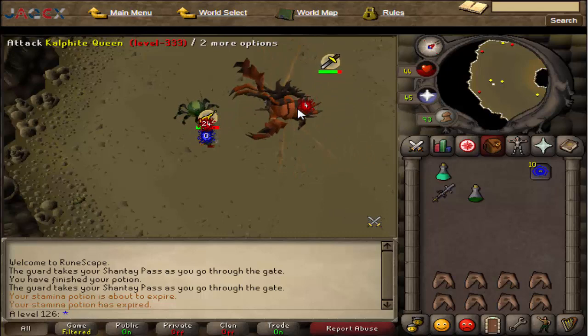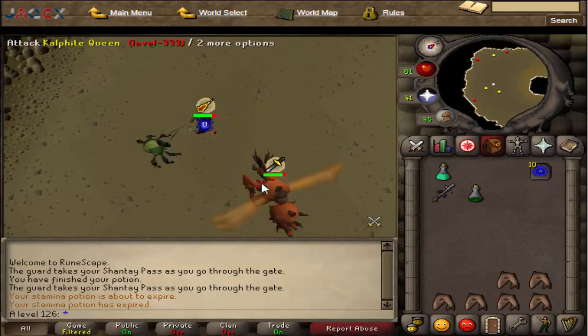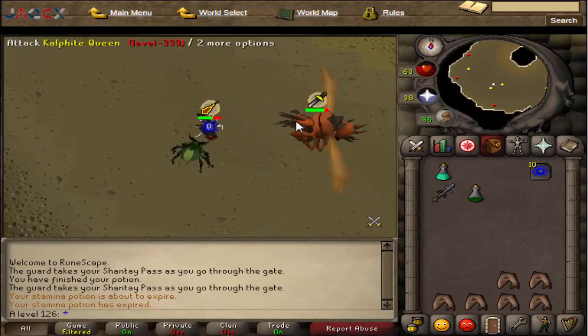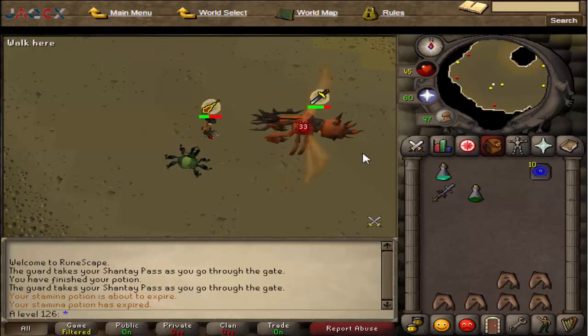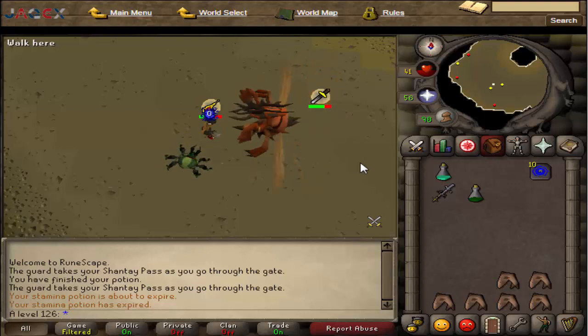So you don't really need it on accurate, because most of the time when you hit, it's going to be because of the set effect, not because of your accuracy. I might not even get this kill, so that kind of sucks. But as I mentioned before, this is a different kind of protect from melee, because it doesn't block 100% of